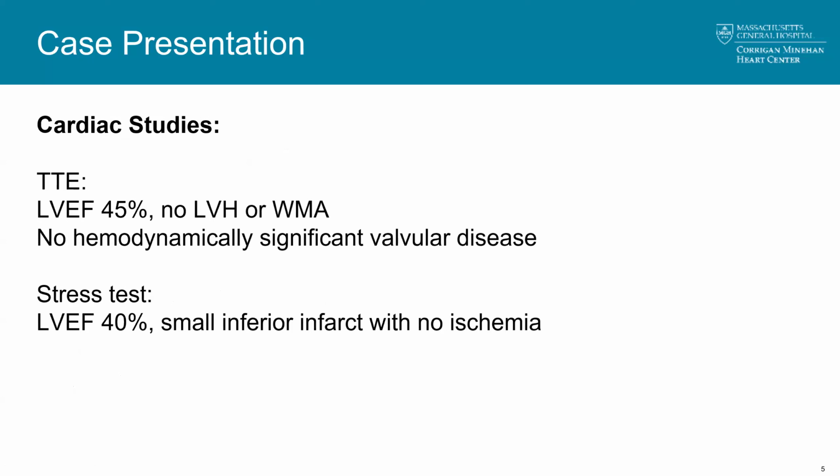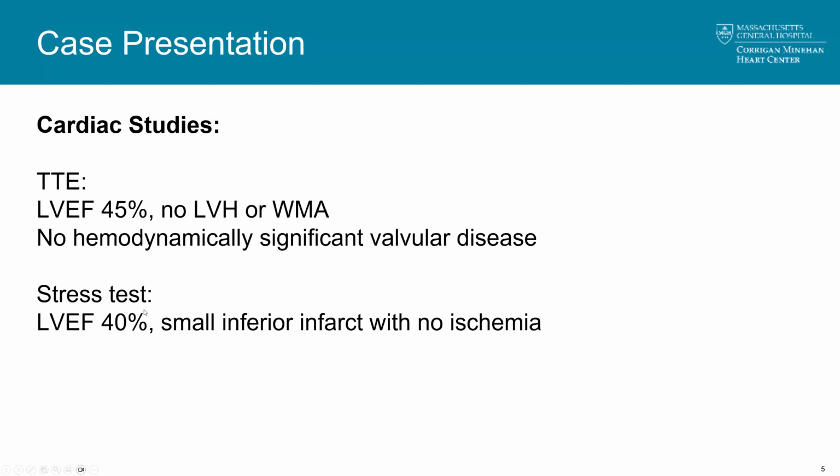And in the ED, because he's presenting with rapid tachycardia, an attempt was made to go through the most recent non-invasive studies done for the patient, all of which had been done not too long before he had come into the hospital. So, as we had mentioned, he did have a known ischemic cardiomyopathy. His ejection fraction was mildly reduced at 45%, but he didn't have any left ventricular hypertrophy. He did not have any wall motion abnormalities. And he had no other significant structural heart disease. Specifically, he had no hemodynamically significant valvular disease.